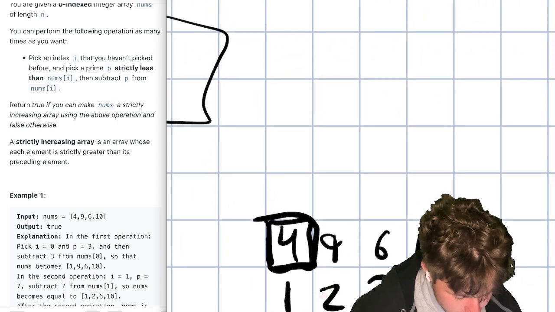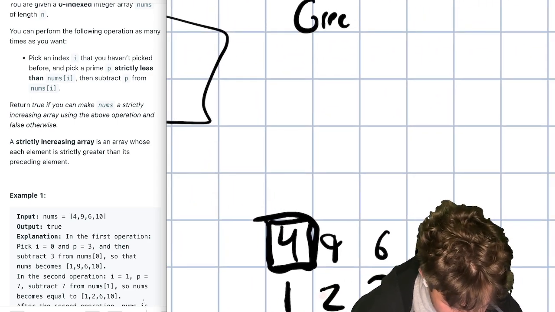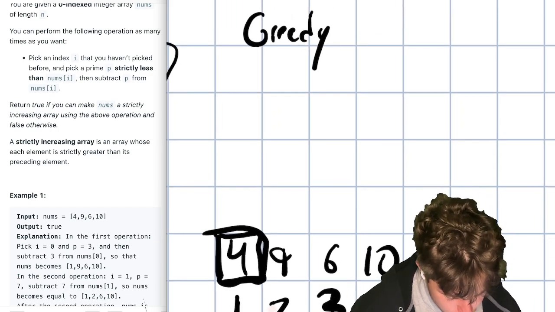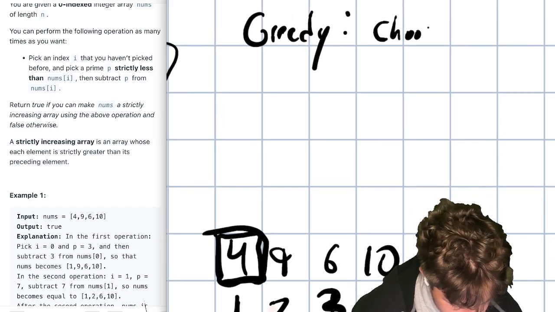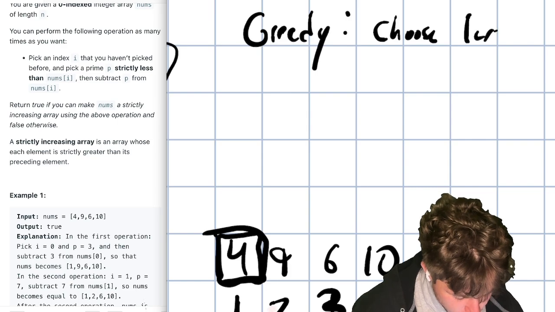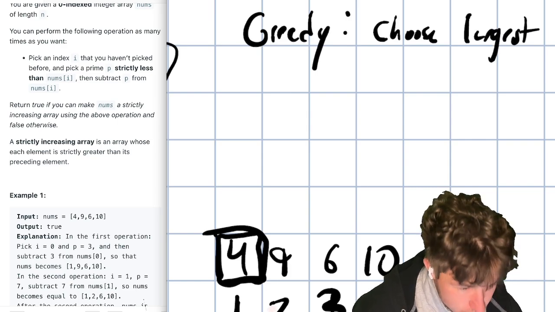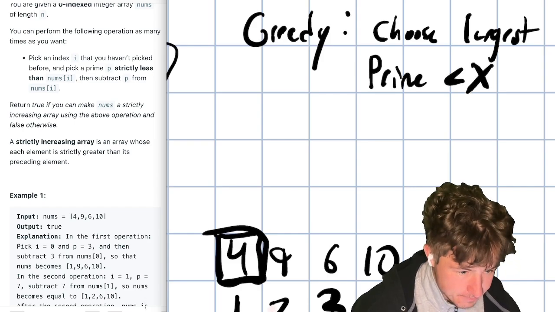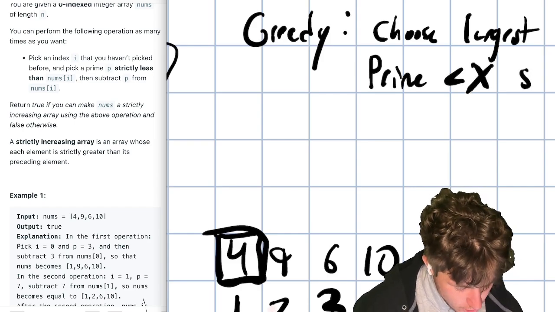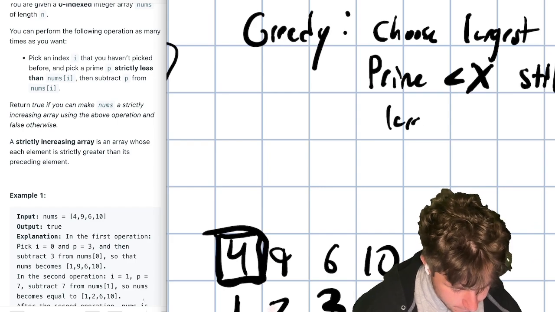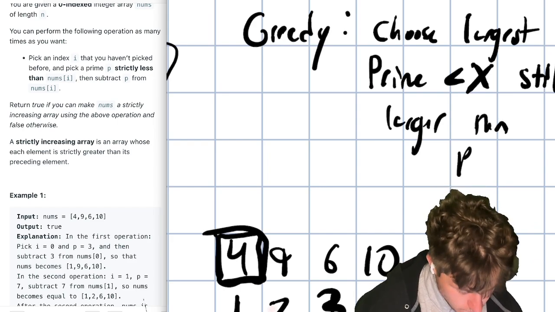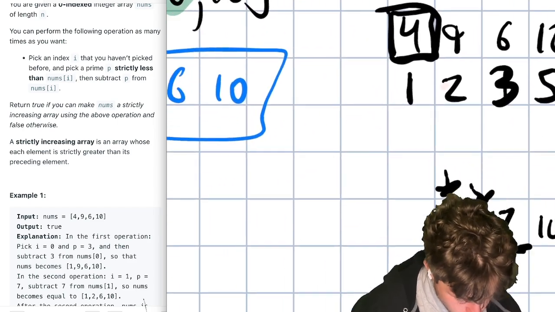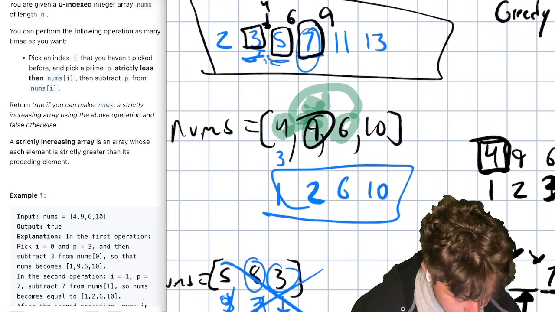So basically the greedy approach is choose smallest, choose largest prime. So choose largest prime less than x, still larger than prev. And what do I mean by that? When I look here,